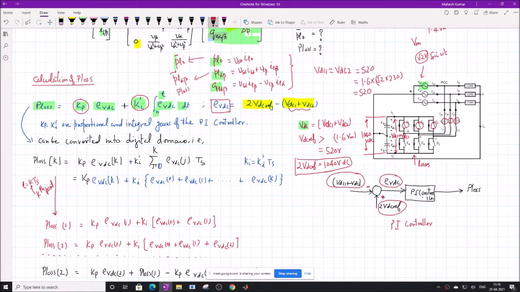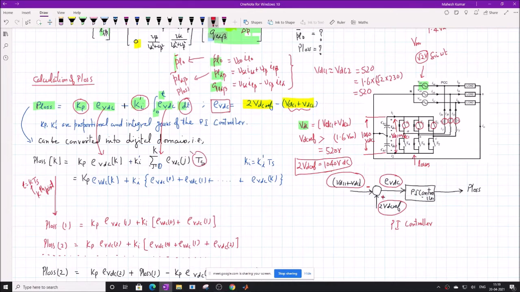So at any kth sampling point, we can write PLOS k equal to Kp into EVDC k plus Ki dash, and the integral becomes the summation over j equal to 0 to k of EVDC j, where j varies from 0 to k, into Ts. The dt becomes the Ts,